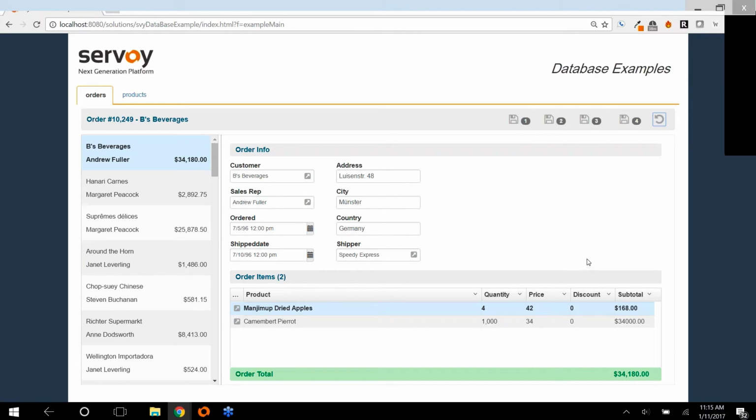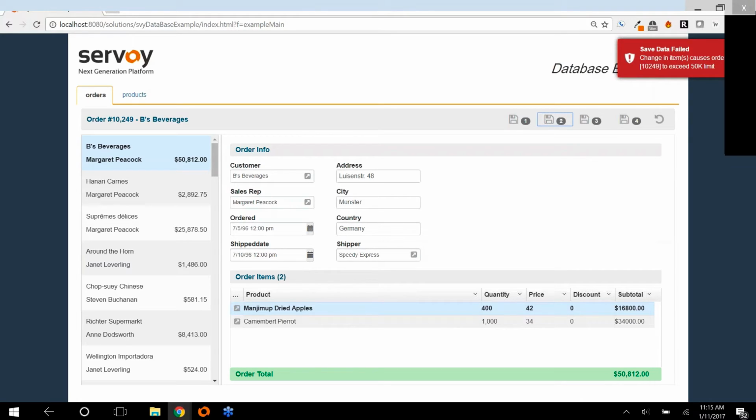So that's a good start. However, there's a situation where the way that I've written that still might give a bit of an inconsistency in the UX. And the example that I'm going to give is I'm going to modify the sales rep, and I'll change it to Margaret Peacock. And I will also exceed the 50K limit by making the quantity 400 again. And I'm going to try to save using that same method. So I get the error,